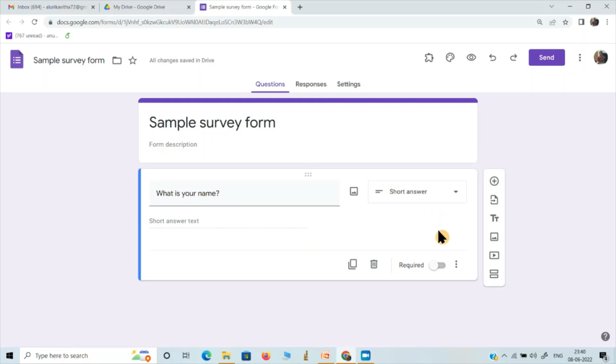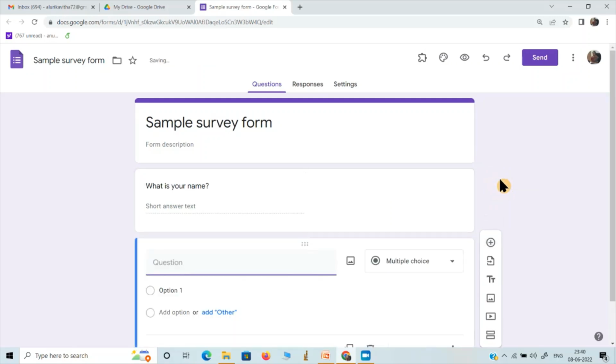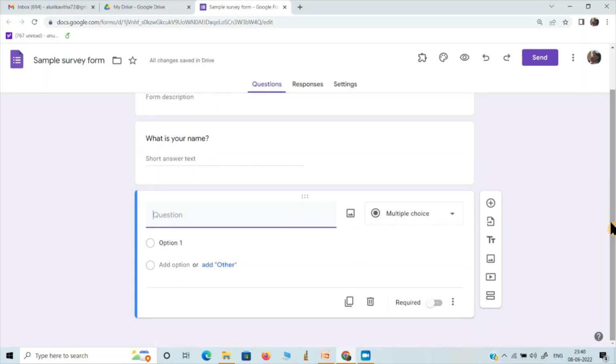For that, if you just come to the right side of this question box, here we have a small toolbox, and the first one is a plus symbol, and if we click this, another question will be added. Okay, so now I am clicking this plus, and my second question was added, and here I'll just write, what is your qualification? Okay,